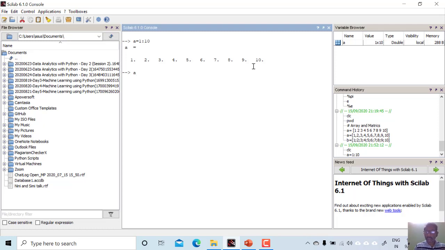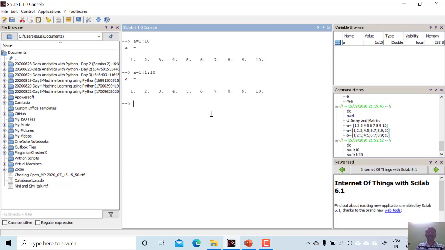Suppose I am writing the same thing like this, 1:1:10. In this way 1 is the first element, 10 is the last element, and 1 is the gap between two alternative elements. So let us see what happens. The same thing will be displayed here.